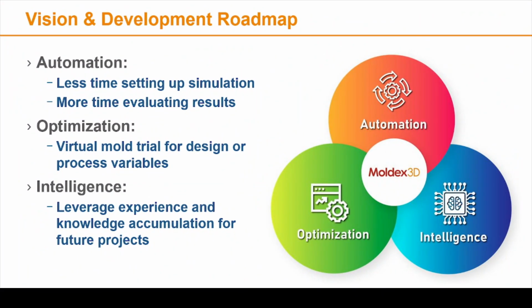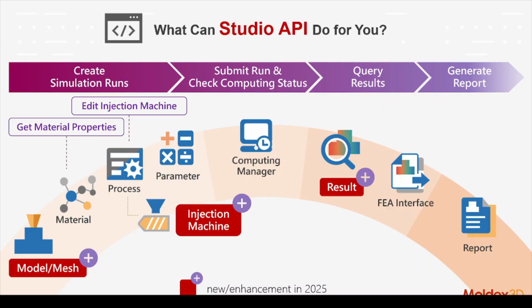The development vision of Moldex3D falls into three categories: automation, optimization, and intelligence, something that we have coined as AOI. And this allows us to start incorporating AI and other optimization tools into Moldex3D to make the simulation workflow as easy and efficient as possible. One of these tools is the API function. The API function helps us to remove some of the redundancy by automating features in the modeling, meshing, and simulation